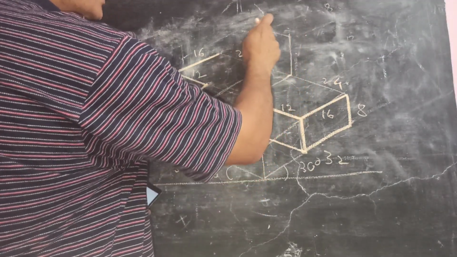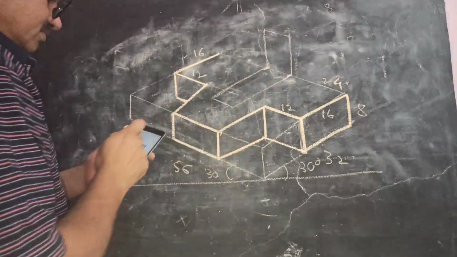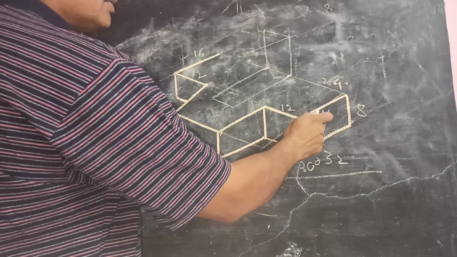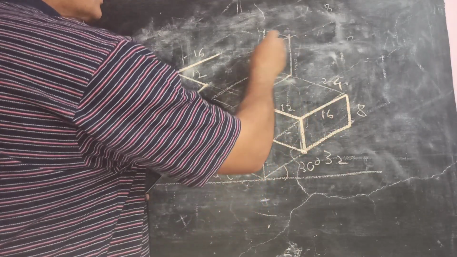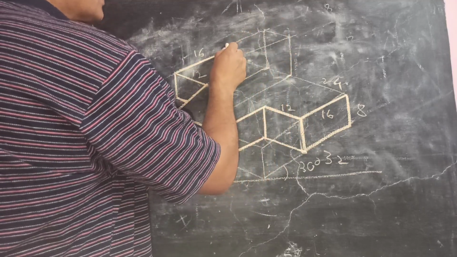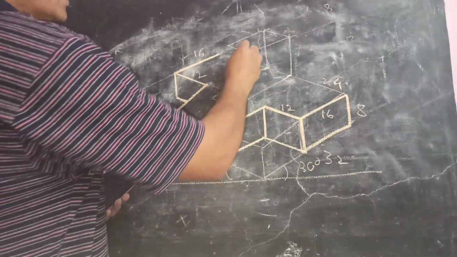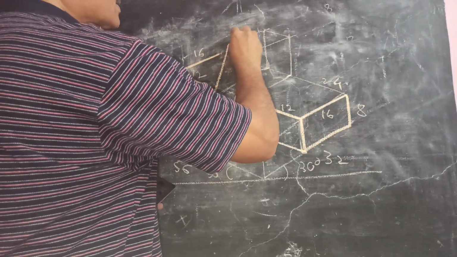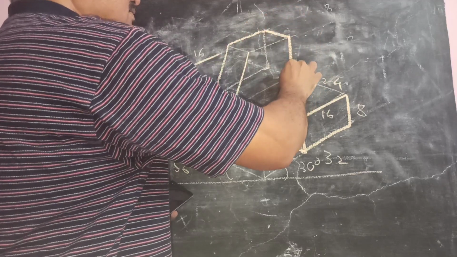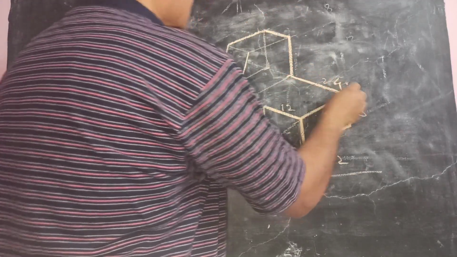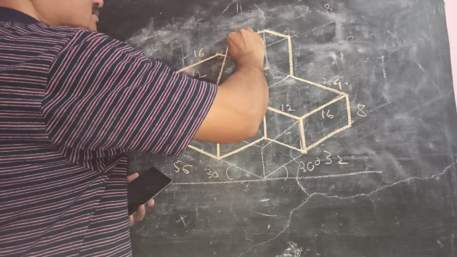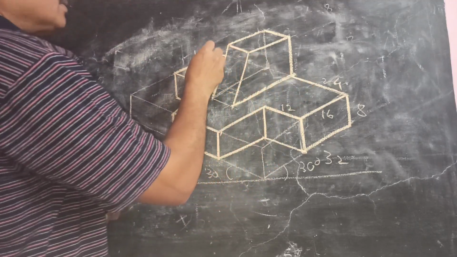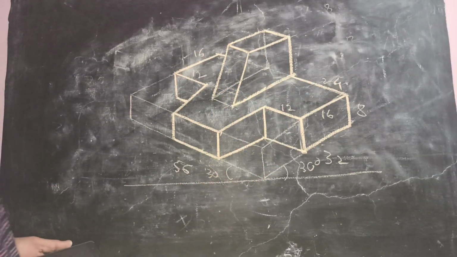This is 16, this is 8. Then it is straight by 14. So 14 will be parallel to this line. 14. Then this is also 14. Make it parallel to this. Okay. And then join it. This will be inclined line. So make it dark. Make it dark. Like this. So you can locate this particular pillar here.